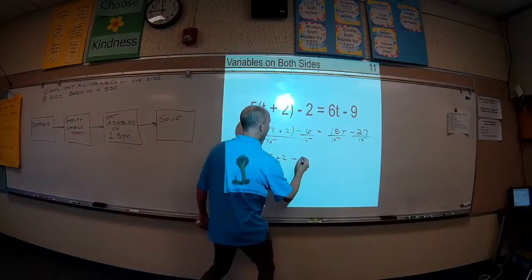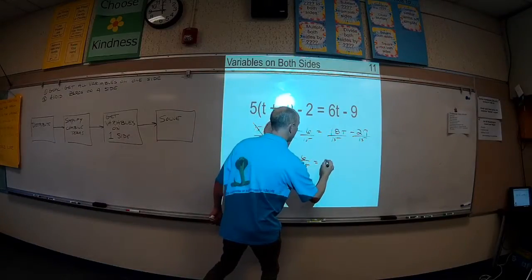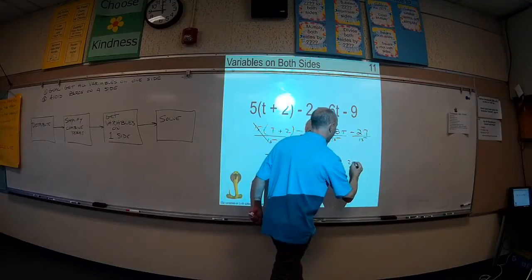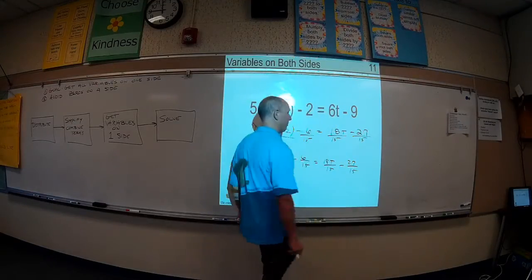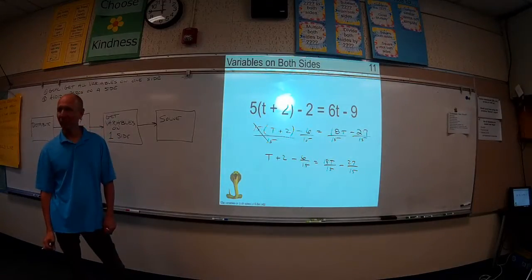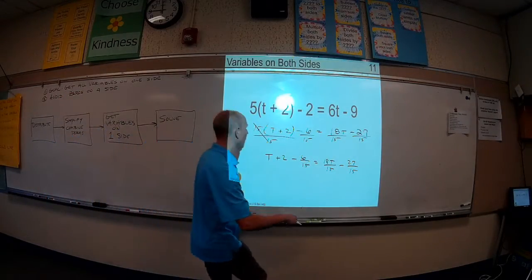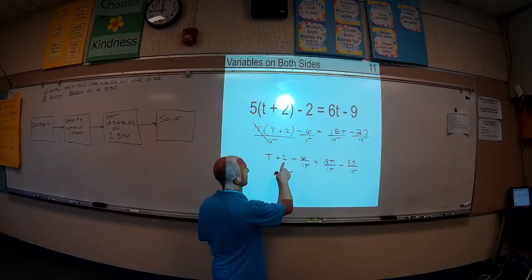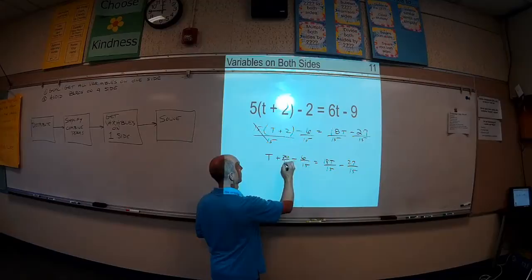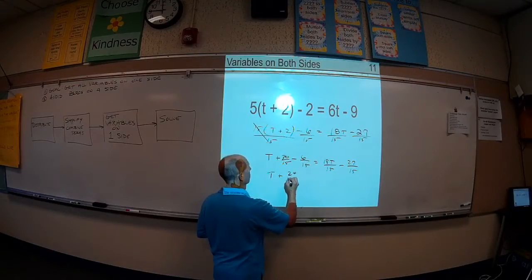So t plus 2 minus 6/15 equals 18t/15 minus 27/15. Now, you know what I'm going to do now? Let's see, this 2 is 30/15 minus 6, so I have t plus 24/15